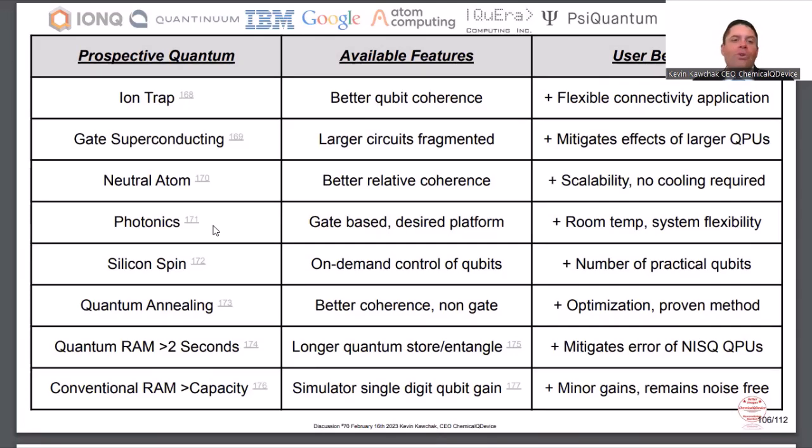But if you just figure out one thing and could do it very well, that's where photonics and silicon spin can come in as well. Quantum annealing, I watched their video this morning, and Alan, the CEO, basically said there's certain things that quantum annealing will always be better at than gate-based superconducting. So you have to keep your eye out,